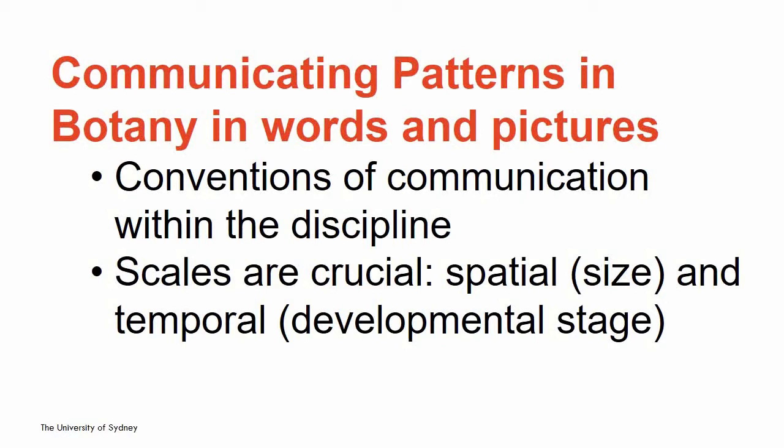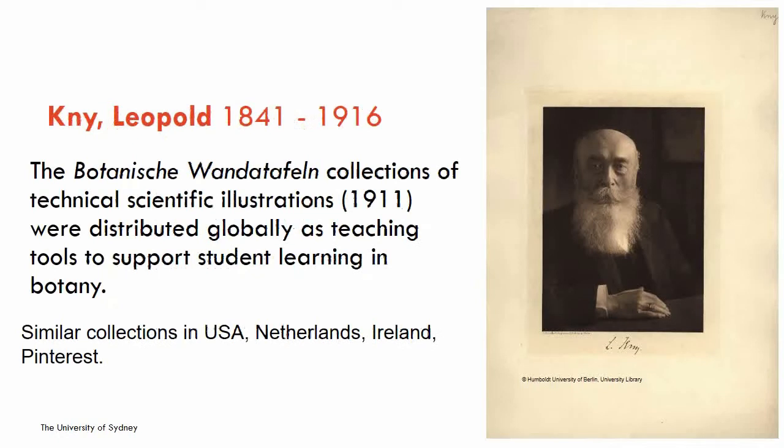And when we're recording our observations, scales are absolutely crucial. There are a couple of scales here. There's spatial scale, size, and there's also temporal scale. In biology, importantly, it's developmental stages, but there's also temporal scales, of course, in the timeline of evolution. So temporal scale is critical to our understanding of biology, and scale is also critical in understanding the size of things. So we need to be able to engage with both of those elements in biological systems.